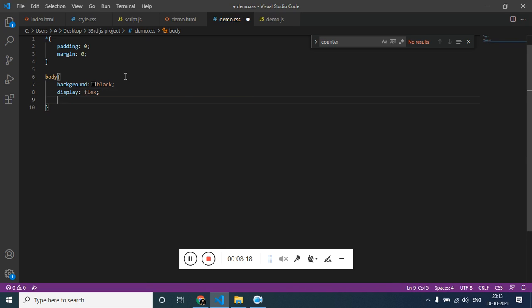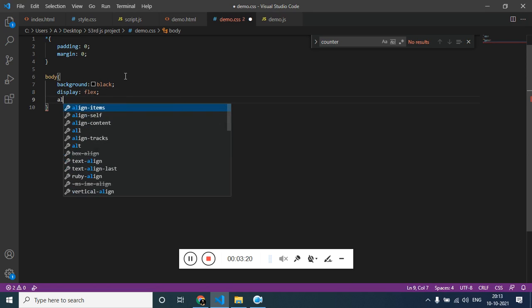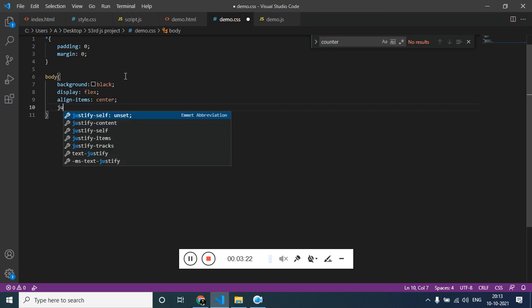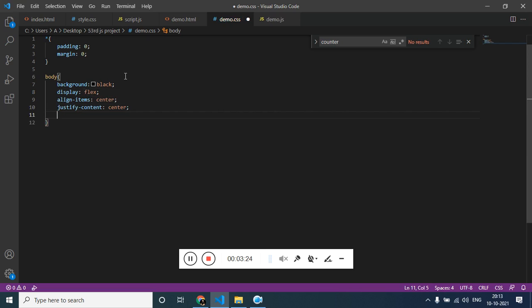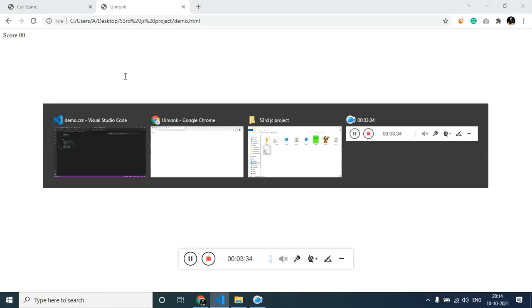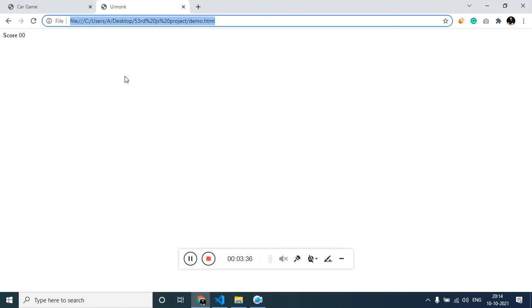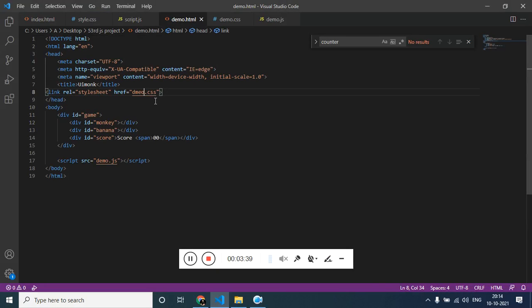Display flex, align items, justify content, and width of 100 viewport width, height of 100 viewport height. Let me connect this to the demo. So this is how it looks.